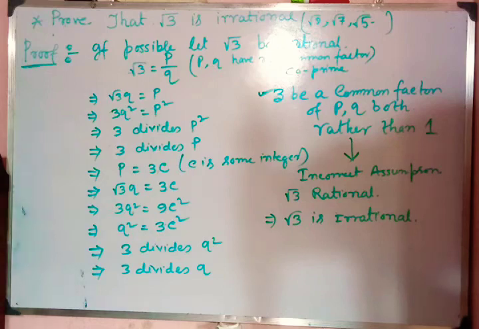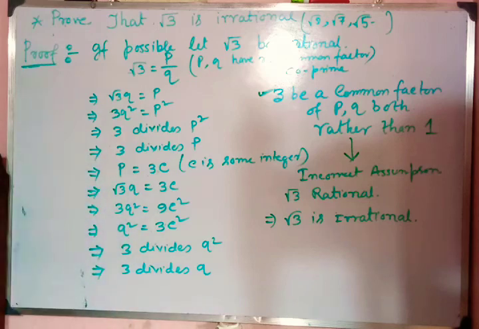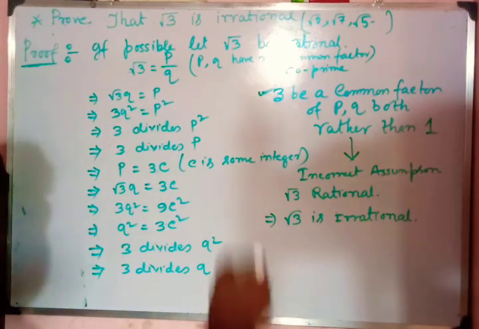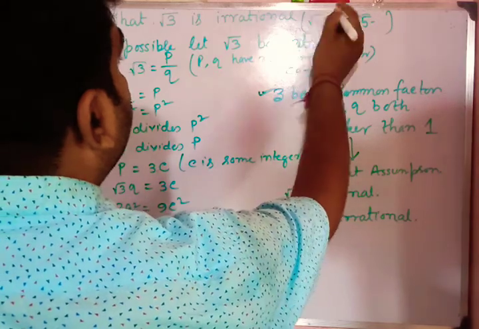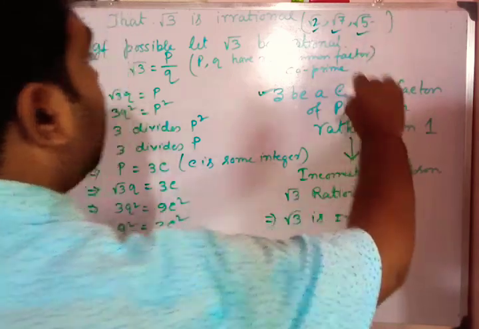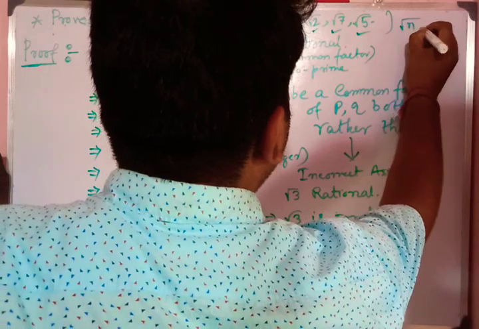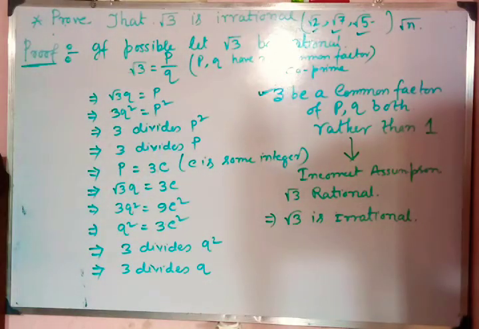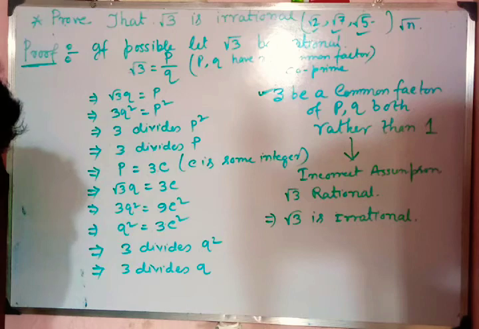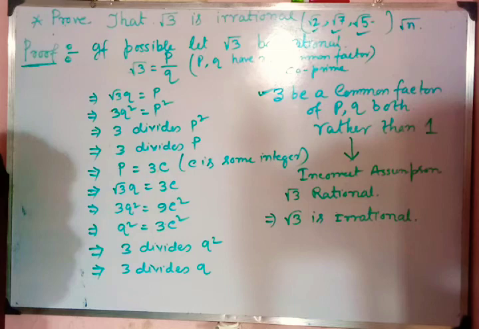Now for the proof of this theorem, we have to know the previous theorem that I have already proved. And by this process we are able to prove the irrationality of root 2, root 7, root 5, all of these numbers, even root n also, where n is a prime number. Understood? Next, move to another thing, the rational numbers and their decimal expansion.